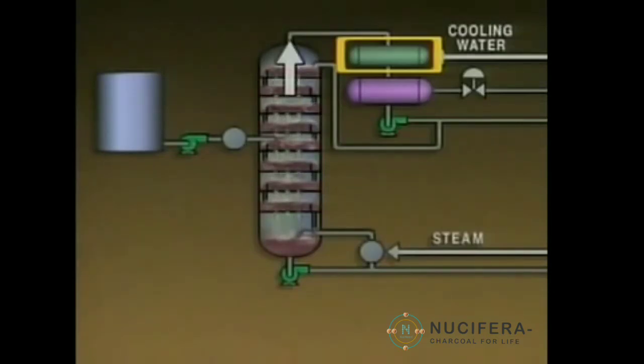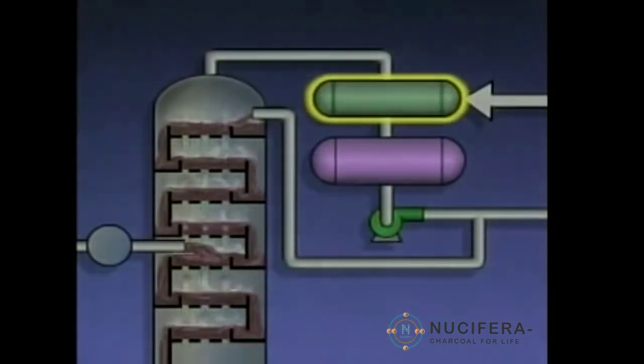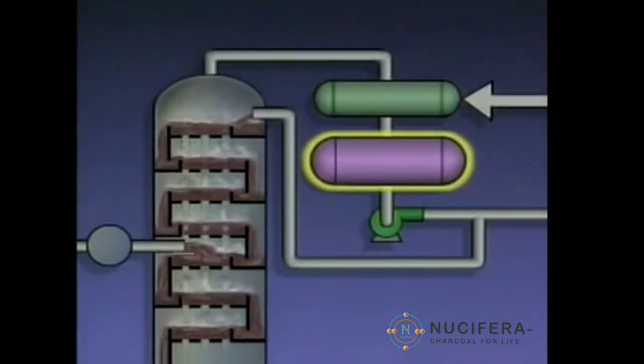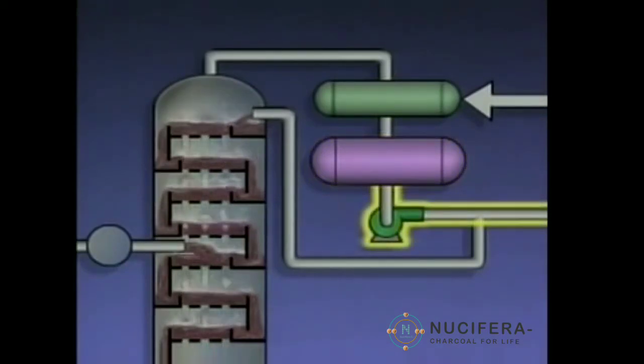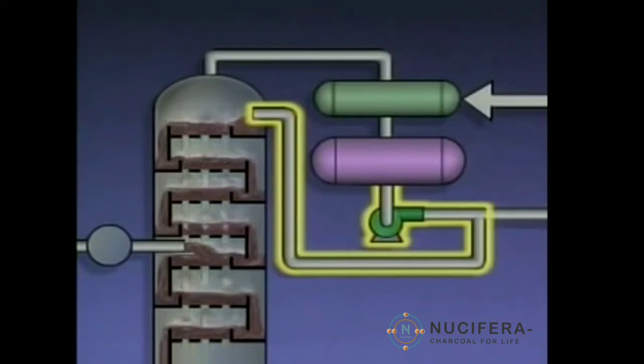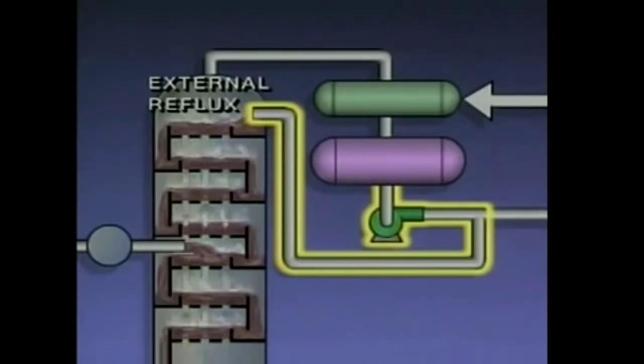The vapors coming off the top of the tower are condensed in a condenser and then collected in a receiver. Part of the liquid from the receiver is sent to storage or to other units in the plant as the tower's overhead product. The rest of the liquid is pumped back into the top of the tower. The liquid that's reintroduced into the tower is called external reflux. Because it consists of liquid that was cooled in the condenser, the external reflux